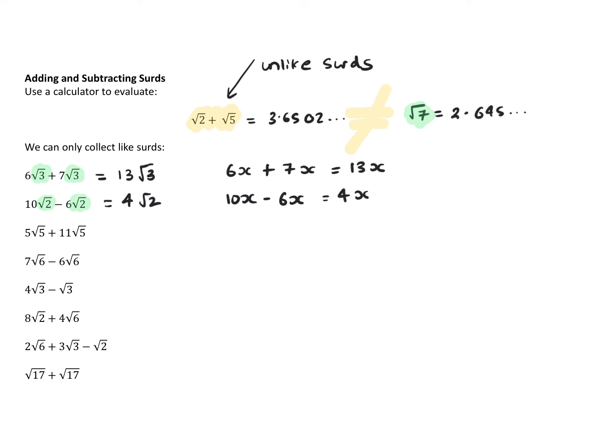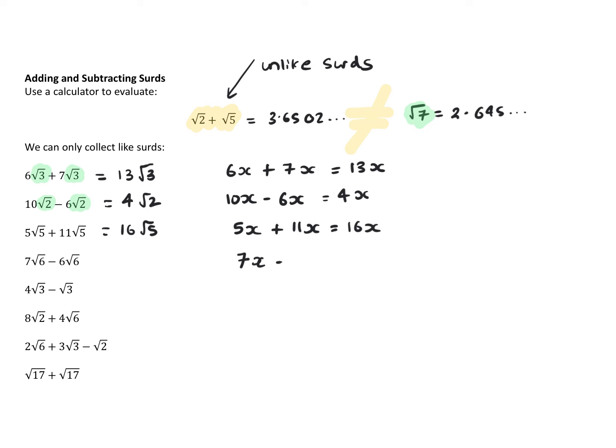The next one, 5 root 5 plus 11 root 5, you've got 5x plus 11x, so the x replaces the root 5, that would be 16x. So here we have 16 root 5. Next example,